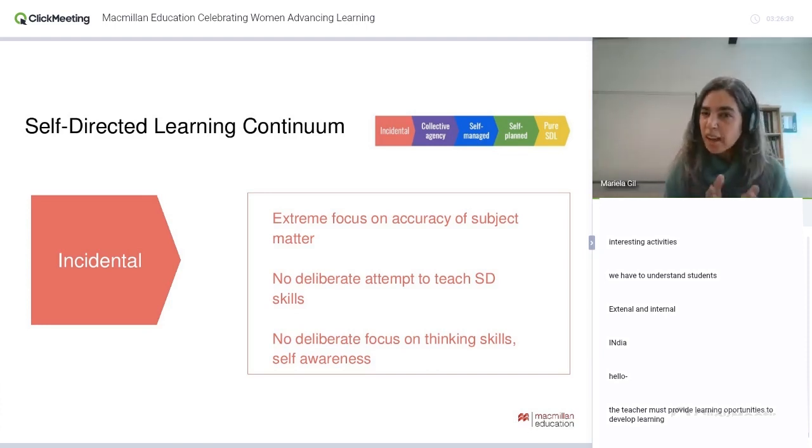the middle of the continuum is one where probably the teacher would be very focused on accuracy, not giving a lot of space for fluency, not giving a lot of space for group work or for pair work or for children having some opportunity to choose what they do. So here the focus is on getting the language right. And because the focus is on getting the language right, children won't have a lot of space to develop other